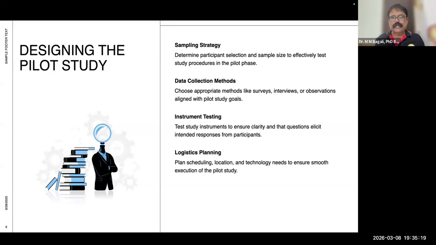Now, what you should do is, when you start writing your chapter called methodology, saying what was my framework of doing my research, you have to mention in your report that before I went for an actual study, I did a pilot study, and the pilot study helped me in 4-5 areas. And you can always state what these 4-5 areas are that the pilot study addressed.